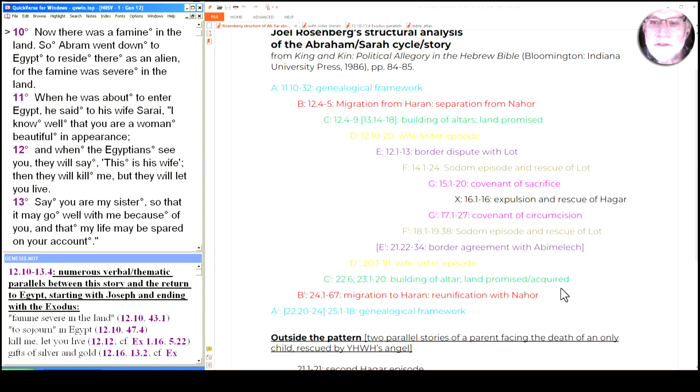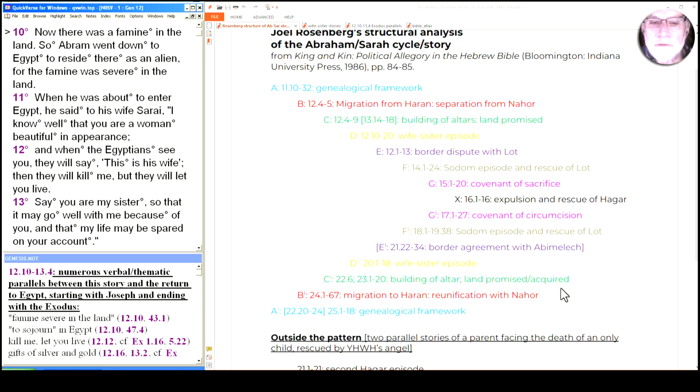And then finally we're going to look at the chiastic structure that frames this little passage with the movement to and from Egypt. And so we'll do all that this time, and the next time we'll look more at the literary aspects, at characterization and plot and what's going on here as Abram takes his wife down to Egypt in the context of a famine.